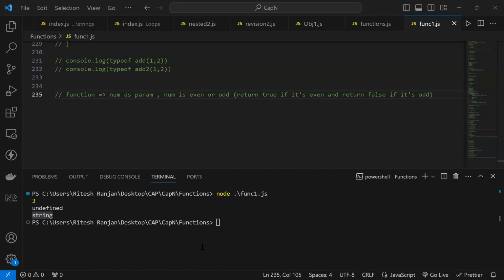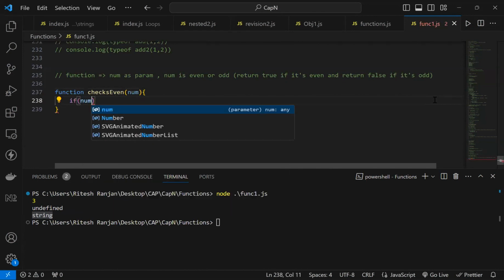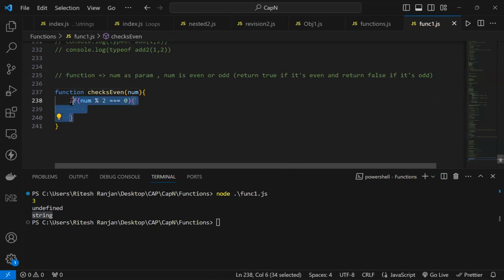All right. Okay. So I'll call you that only. Let's do it together. We have to create a function which checks even. I guess I can name this function that. I'll give it a number parameter, and all I have to do is check if the number is divisible by 2. Is this going to be even or is this going to be odd? If it's divisible by 2,